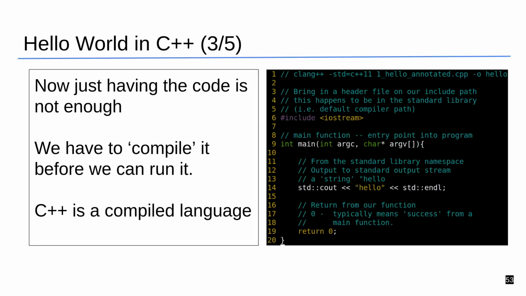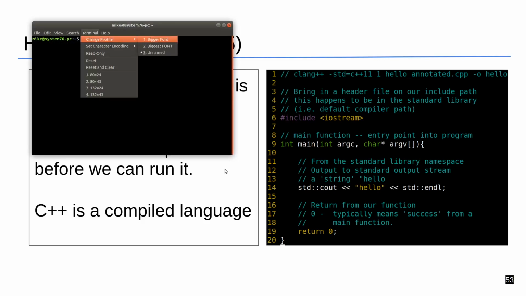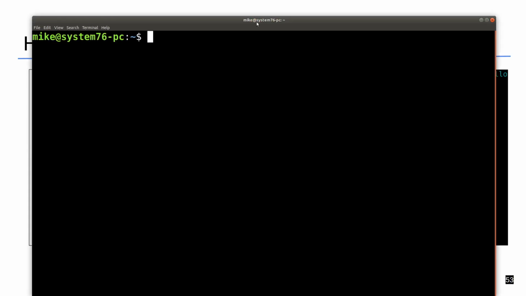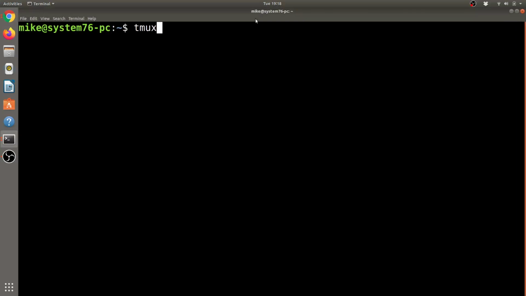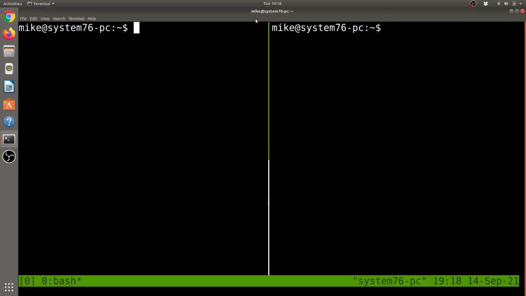Okay, so just having this code is probably not enough for us. Again, C++ is a compiled language. So every time we're making edits, we have to recompile the code into machine code and then rerun it. In the videos, hopefully you get a sense of how that's working. That's important enough that I want to go ahead and run through it, because this is something that always causes me trouble when I'm wondering, why isn't it working? I just changed the program. So let me open